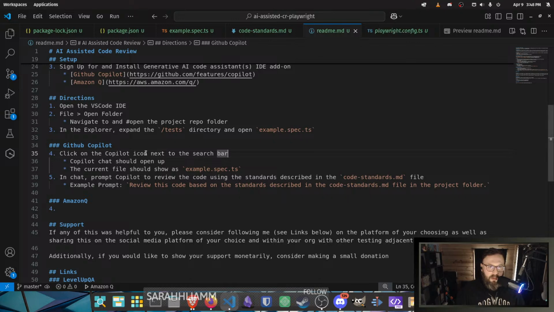To toggle, Copilot chat should open up. Current file should show as example.spec. In chat, prompt Copilot to review the code using the standards described in the code standards.md file. And I give an example prompt, but feel free to change that. So to do Amazon Q,